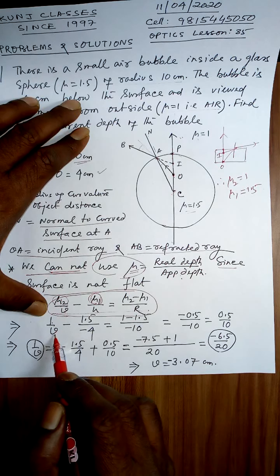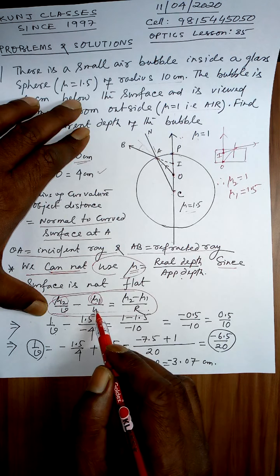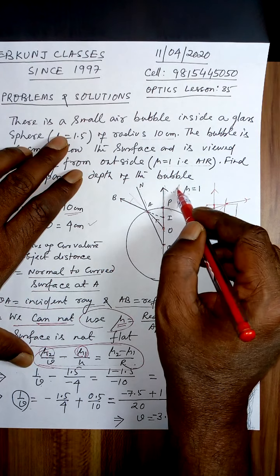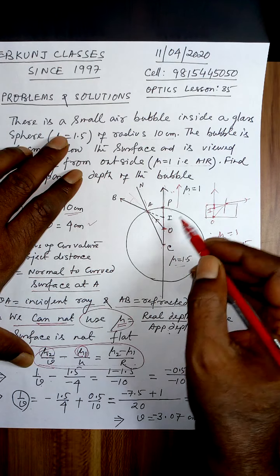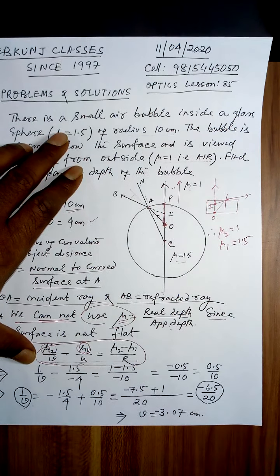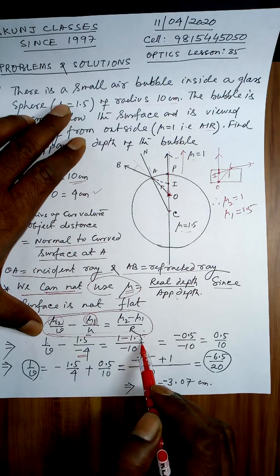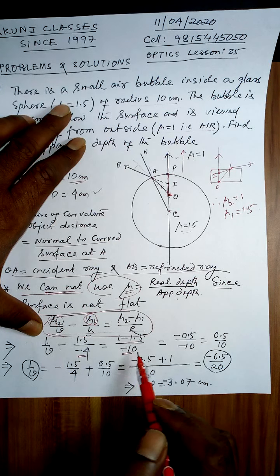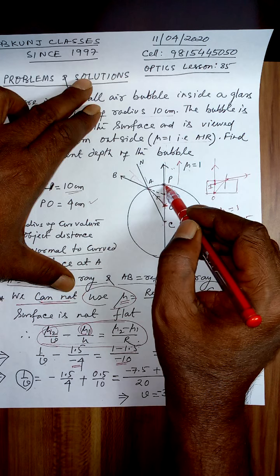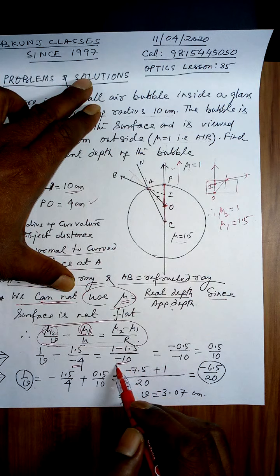So mu2 is equal to 1, over V, minus mu1, 1.5, over the object distance, which is minus 4. Light is going this way, so this direction is positive. The object is measured from P to O, opposite to the direction of light. Therefore, PO is negative, that is minus 4. Then mu2 minus mu1, 1 minus 1.5, over the radius of curvature, which is minus 10. Why? All distances are measured from the pole. Radius of curvature is from P to C, opposite to the direction of light, therefore negative.